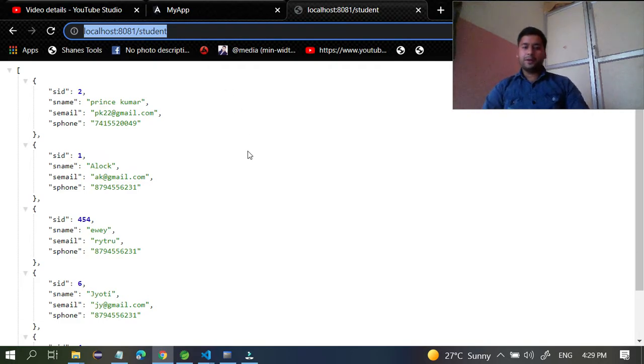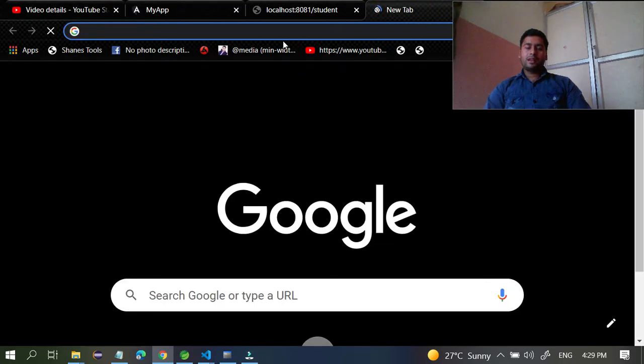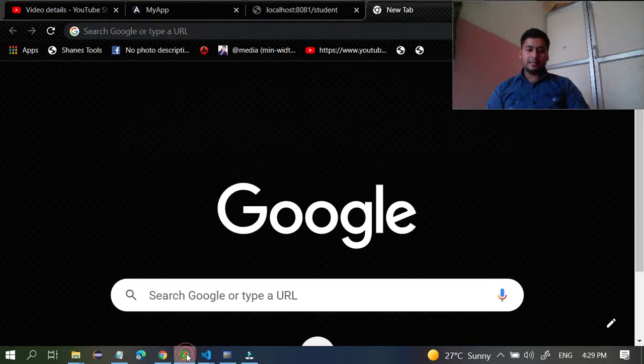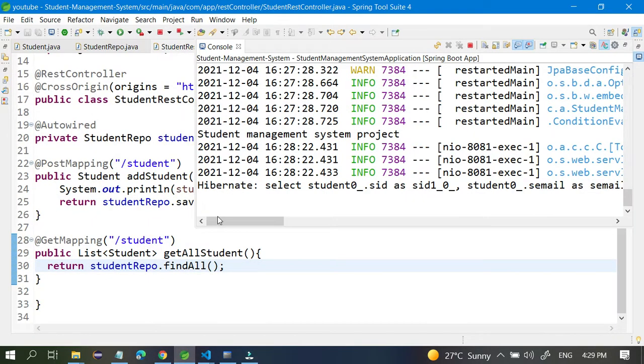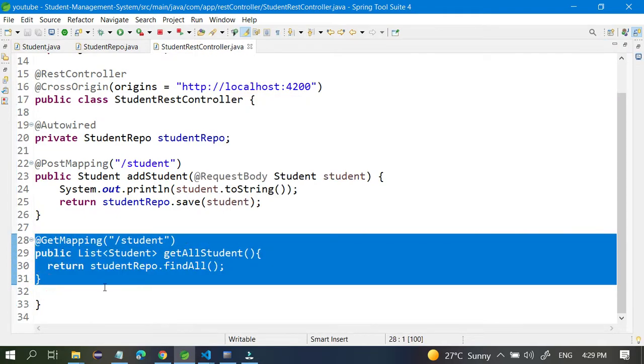That's it. So if you want to fetch data from the database, you use a Spring Boot application, and through it you fetch the data. We got the data in the browser.